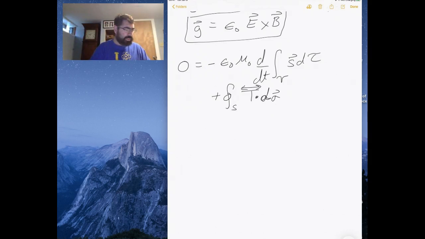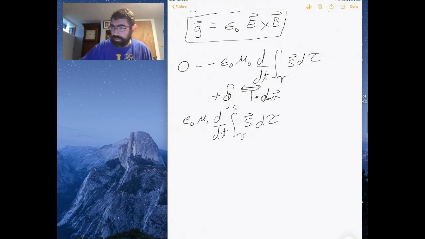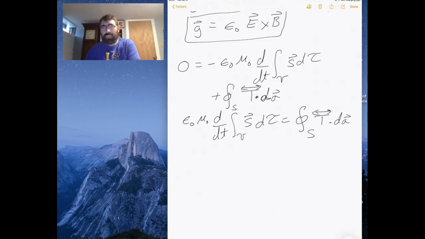I can now equate these two. So I would have epsilon naught mu naught, the time derivative of the Poynting vector integrated over all space is equal to the integration of the stress tensor through the surface, like so. We can clean this up now. The constants are just constants, so we can bring them in front of the integral, on the other side of the derivative,